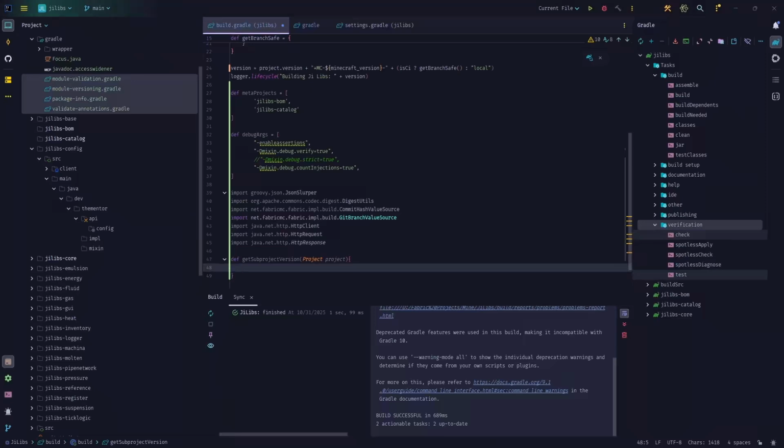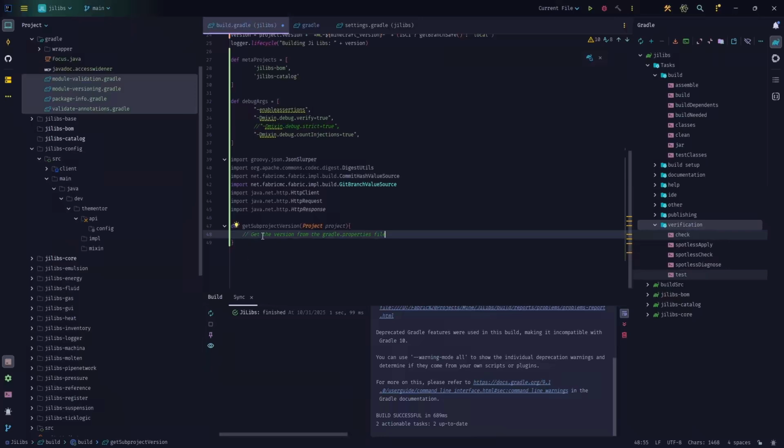And as always, I will start copy pasting because honestly, it's just time consuming to type these comments and other things. So they get the version from the gradle.properties file. Okay, to get the version, it's really easy. We say that the version equals project.properties